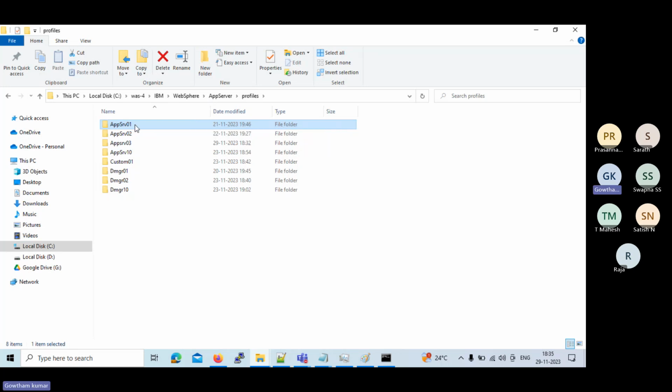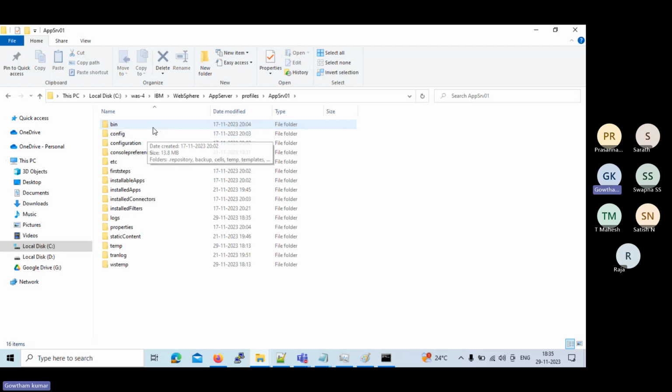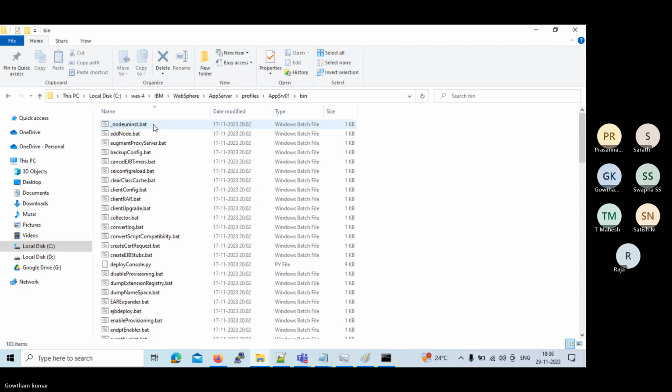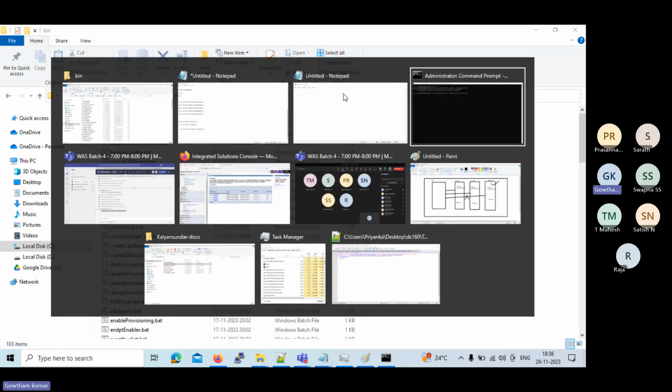Okay, how to take the backup copies of your profiles? This will take all your XML files, configuration files backups. What are all the configuration files available in this profile? You can take a single shot backup. For that, you have to go to the bin directory, and there is one command called